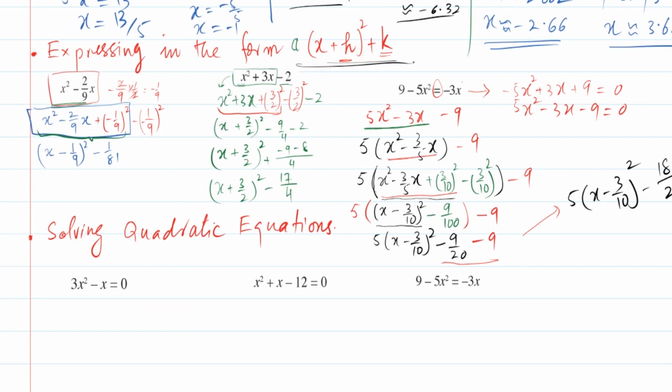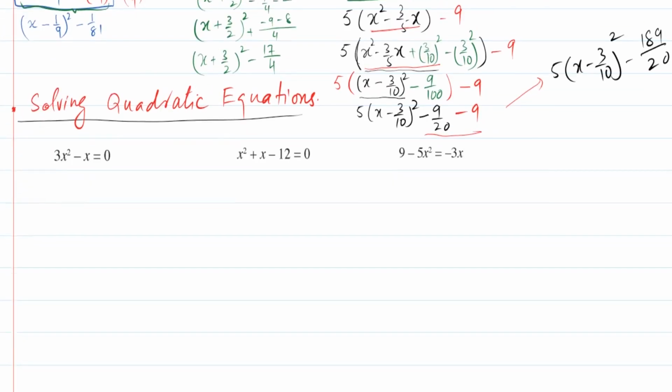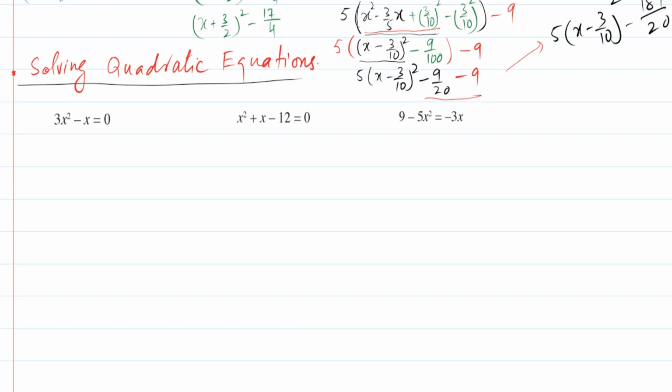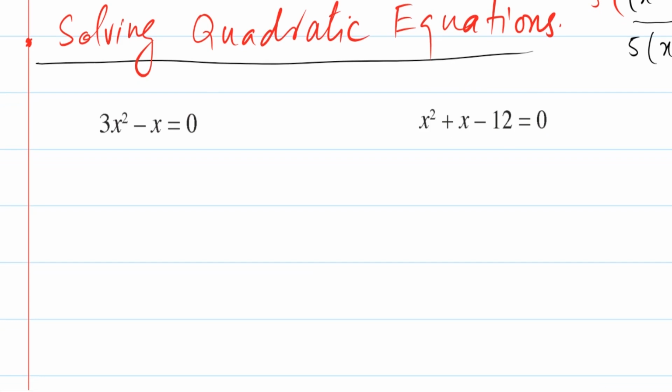Then is solving quadratic equations, which is the main topic, the purpose of this topic, because most of the time we are solving quadratic equations. Sometimes they are the result of some word problem that we have to solve. There are 3 major methods to solve quadratic equations. One is the factorization method, in which we first factorize the algebraic expression. The second is using the quadratic formula, and the third is using the completing the square method. I will discuss each method one by one.